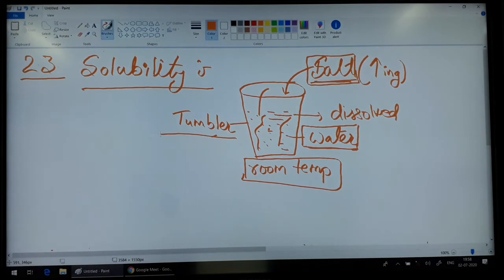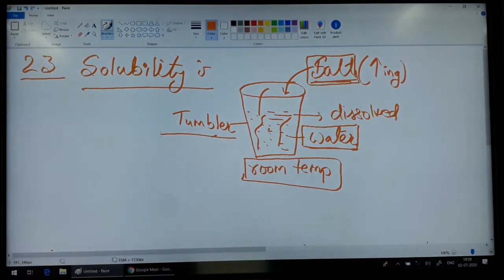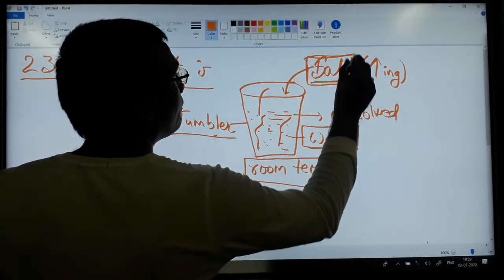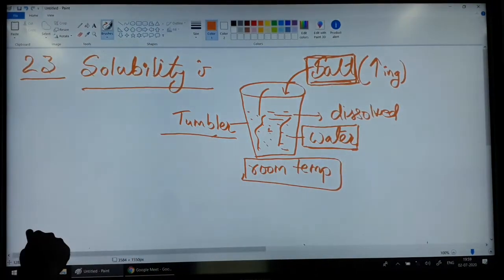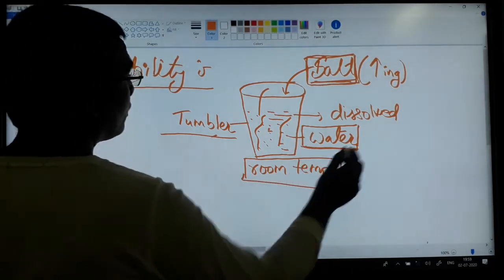So that is the maximum amount of salt, or solute, which can be dissolved in the given amount of solvent